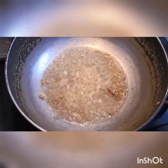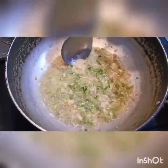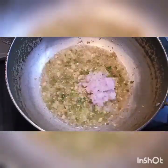And along with the ginger garlic now, I'm going to add some green chilies. Green chilies gives a good flavor. Give it a good stir now. Keep stirring, but don't burn it. Now put some onion,